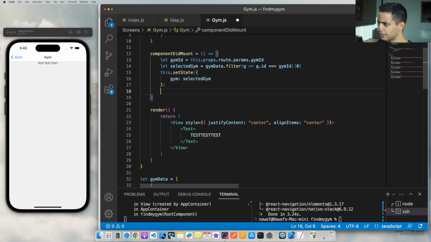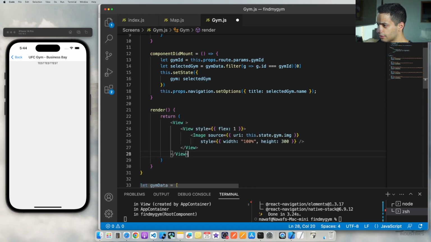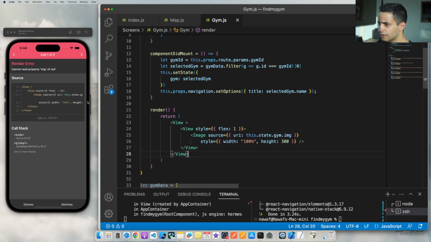Second thing, I want to change the header in here to display the name of the gem instead of test. I can do this just by using this line of code. So this prop, save. Now it's done. It's changed. Now I want to display the picture here, which is the last step we have. To do that, you can just simply use this block of code, save,